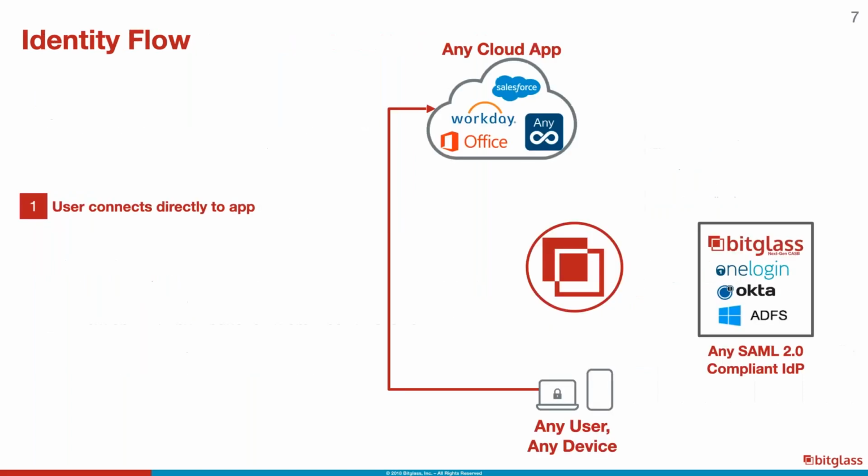Then we come across to the identity. The identity for BitGlass is key. If we see the flow here in a normal way, when you connect to a cloud application, you connect from your browser, and a cloud application is run in the browser. If you open up Office 365 and you go to an application, the first time it always takes a bit of time, and then the application is downloaded in the browser and executed.